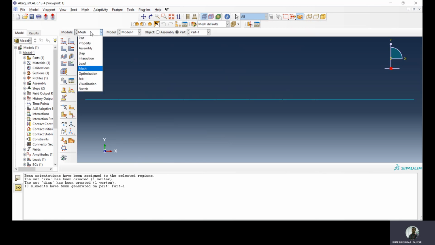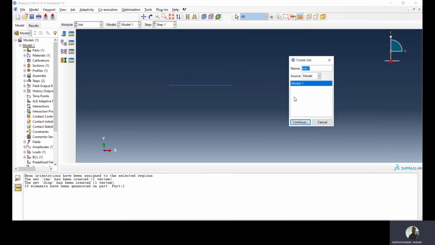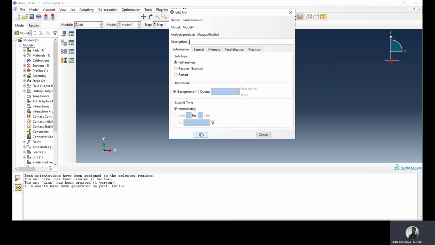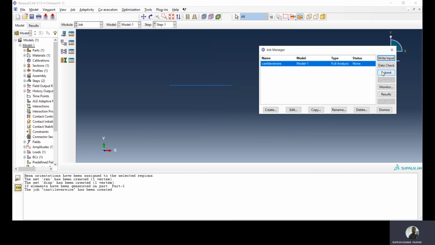So now we'll go with the job part. We'll create the job, cantilever wire element. Continue. Okay, now we'll analyze.